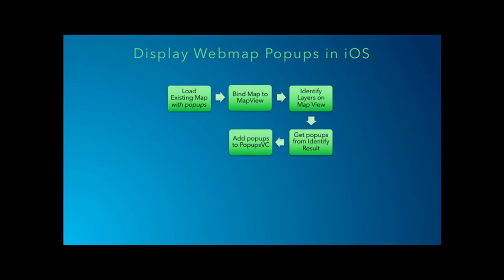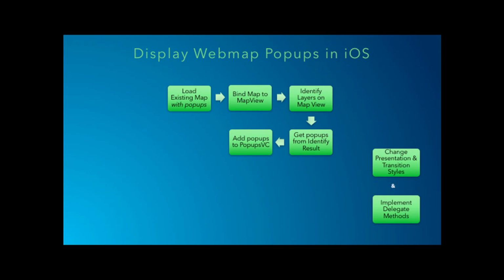Once you have the pop-up objects, they need to be added to a special view controller exposed by the SDK called the Popups view controller. Popups view controller can be thought of as a master view controller that in turn manages other views, each with a specific purpose and behavior, like attachment management or media management. And the Popups view controller basically abstracts all of these underlying things from the developer. So once we've added Popups to the view controller,